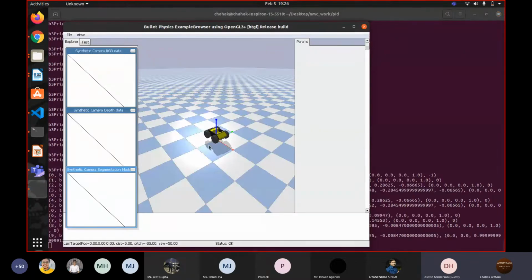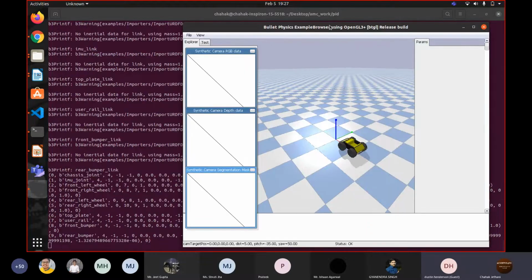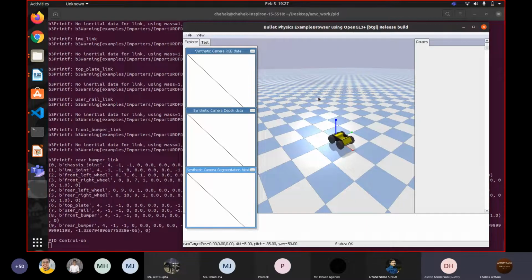So what I'm doing here, you can see the car, it moves forward and backward. What the car wants is for its position to stay at 0,0. Now currently the PID control is off. As soon as I switch on the PID control,